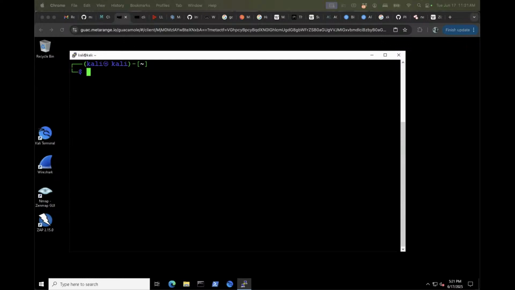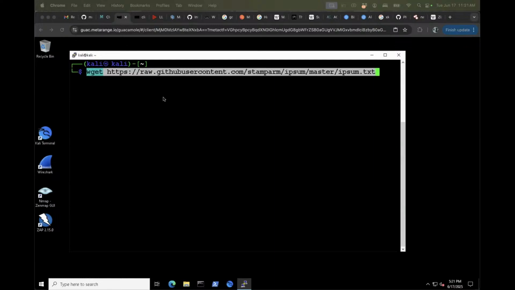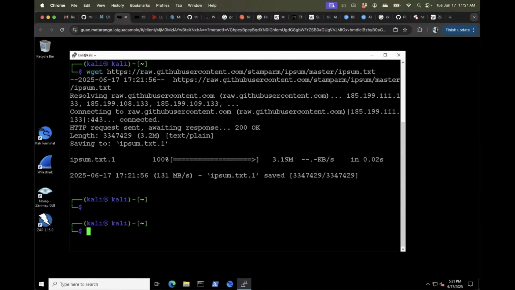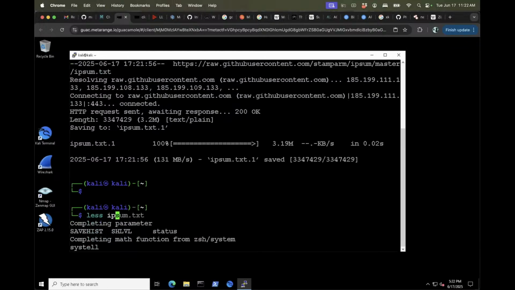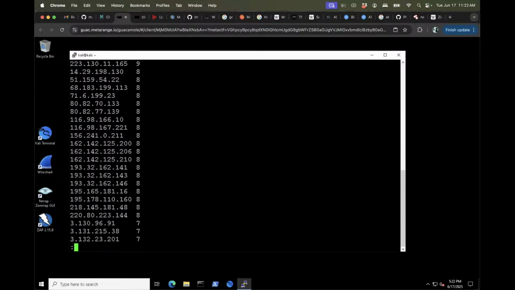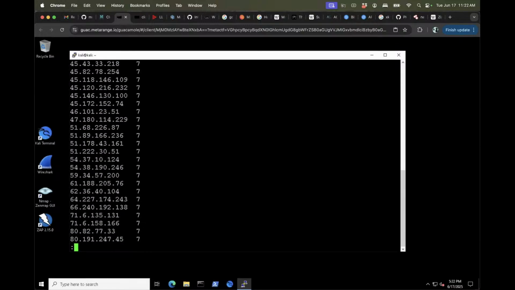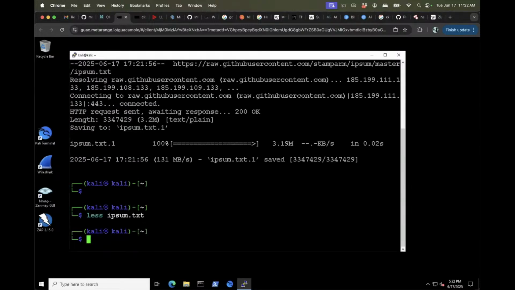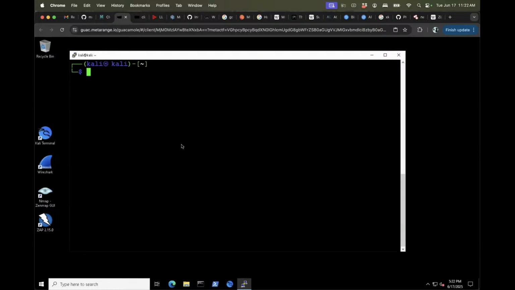This is a GitHub repository from this particular individual. You can grab any deny list of IP addresses out there. So this is just a list of bad IPs. If we do less IP sum, like so, these are all of the IP addresses and the number of blacklist hits that the IP addresses have. The next one that we run is